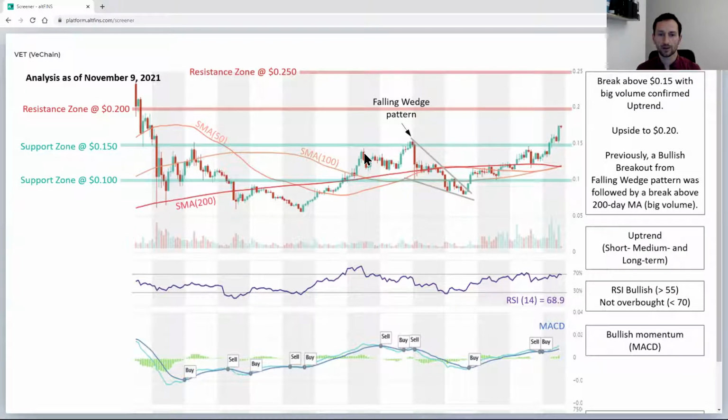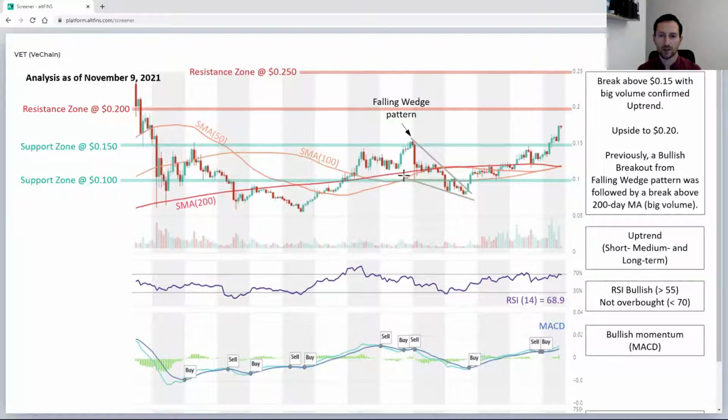Overall, the trend on the long-term basis, I believe at the time, was down. On the short-term basis, it had already started going up, and then it really sort of consolidated. It broke even on the 200-day moving average. It wasn't looking good, but